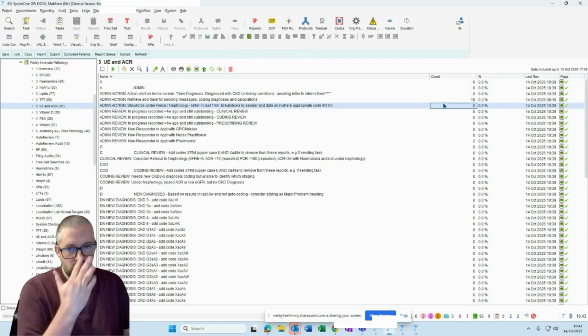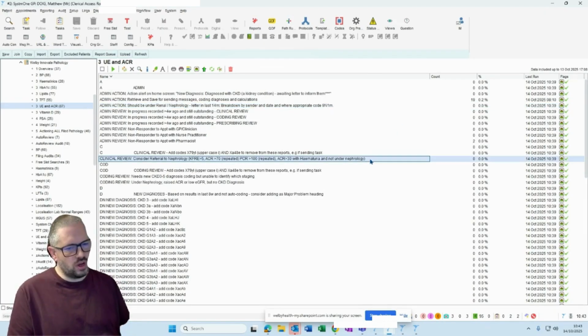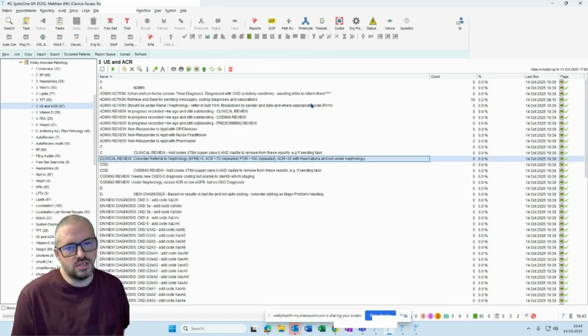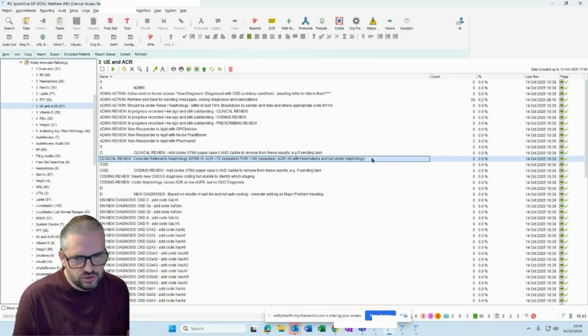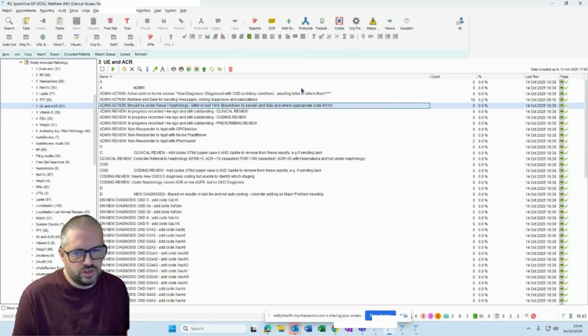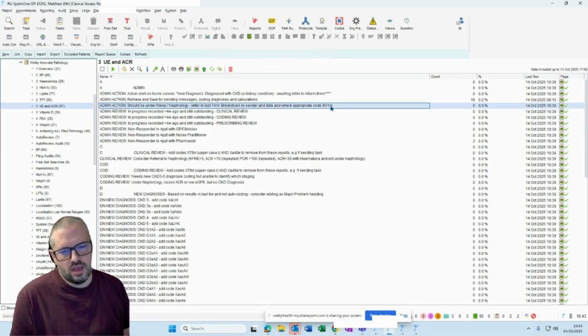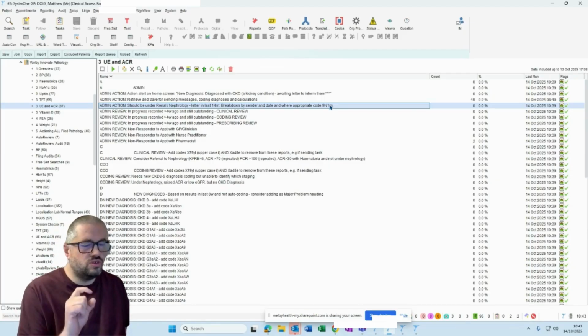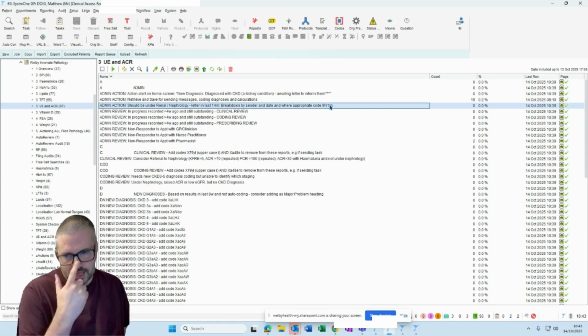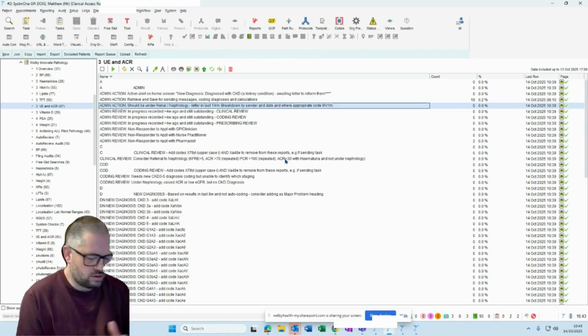When you very first start using these reports, you may find quite chunky numbers like 50, say, patients. And before you task them all to GPs to look at, or a GP goes through this list, you might want to do this kind of process first. It's important when you do that, you add the code backdated to the date of the letter. If you're not already, you might want to look at either scanning rules or what your scanning team are doing,